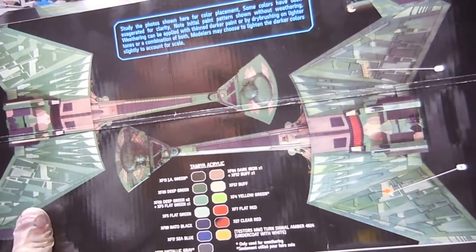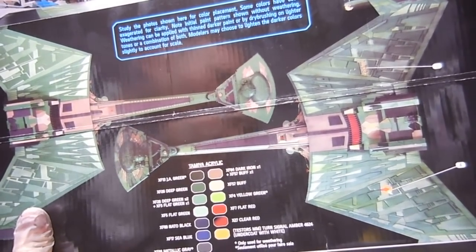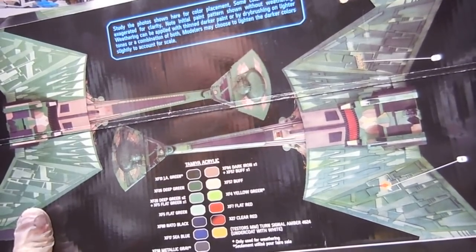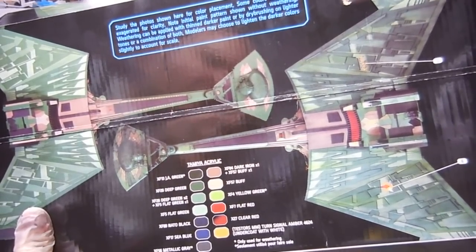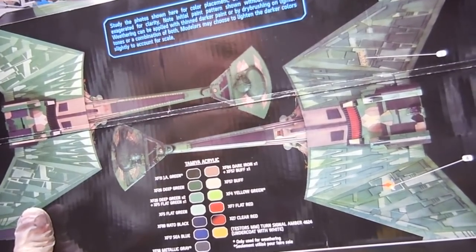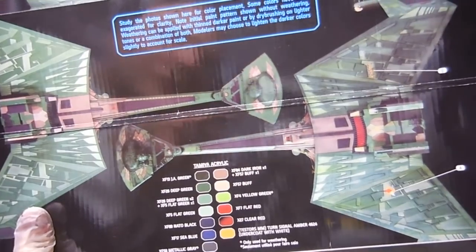So, good thing I have a couple of females in my family, and I'm able to ask them and bug them, hey, what color do you think this is? Hey, what color is this? And that is nice. I mean, fortunately, they like me, I guess. So, anyhow,